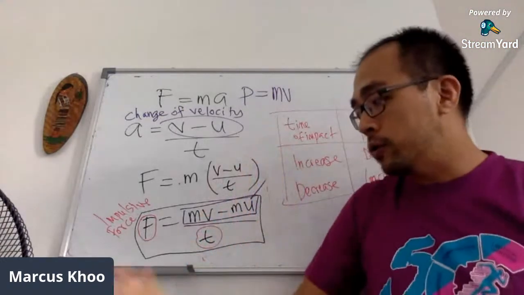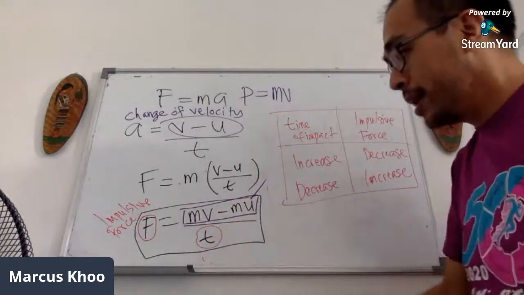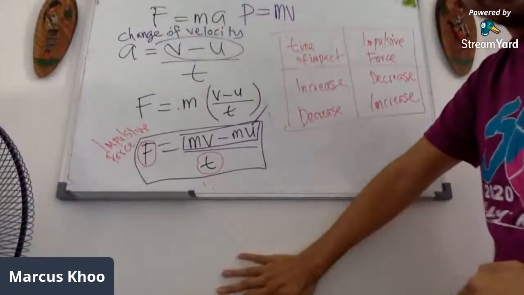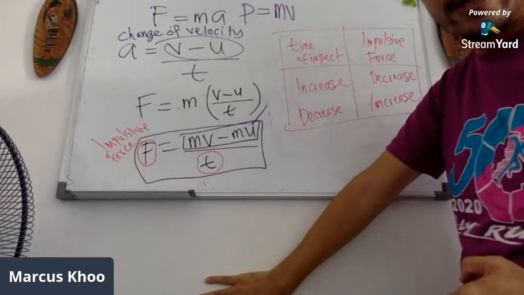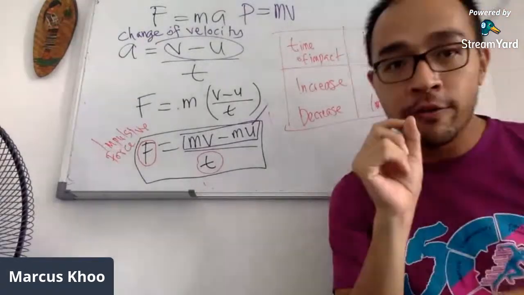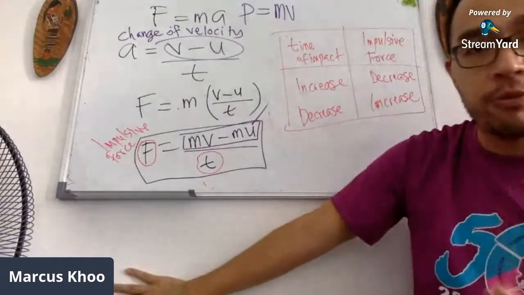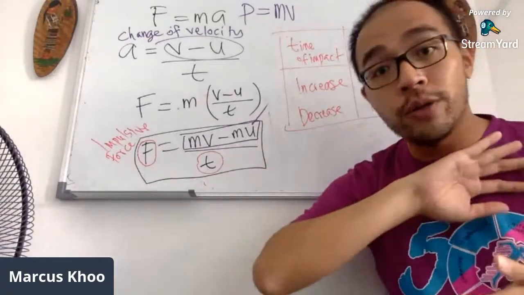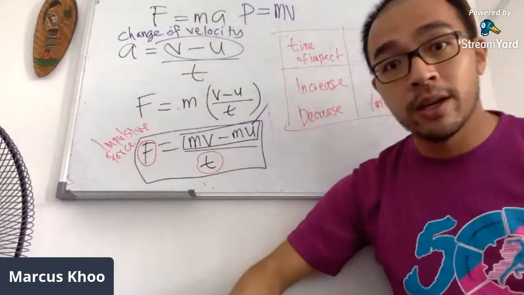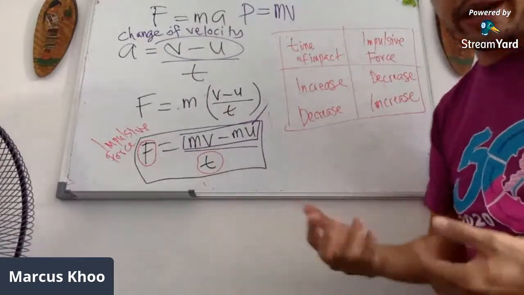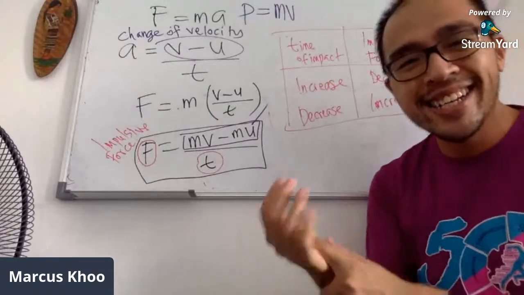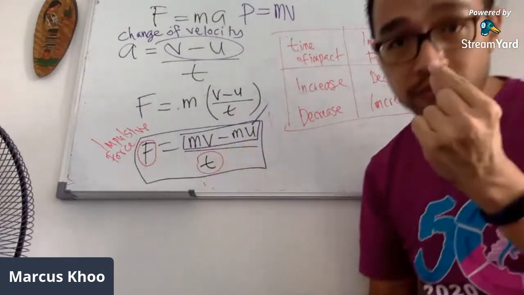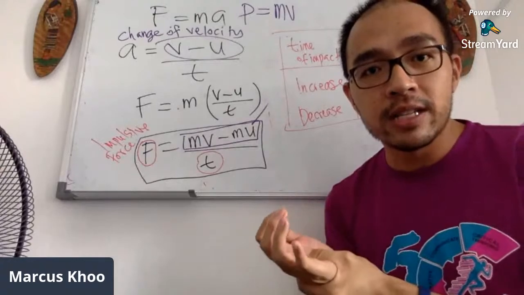For example, if I'm going to slap my hand on the wall, and I'm going to do it with the same amount of force, with the same amount of change of momentum. But what if I do it very fast, and what if I take a very long time to do it? If I'm going to slap the wall like this, my time of impact, the time that my hand touched the wall, I'm going to show it to you again. It's a very short amount of time, and I find that my hand feels more painful.